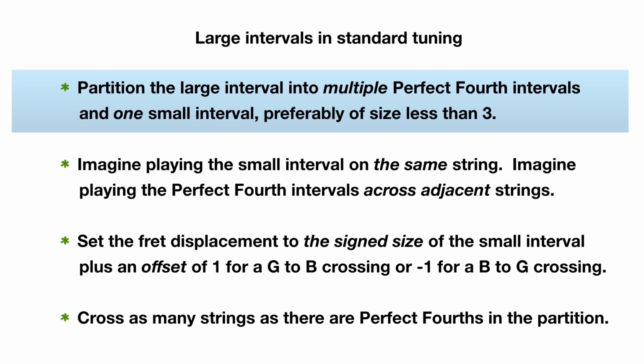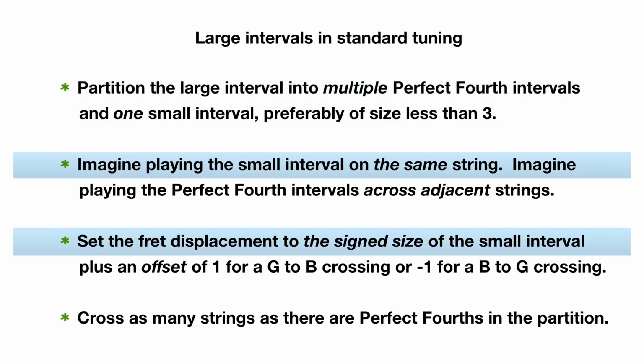How large should the small interval be? Well, thinking that you have 4 active fingers on the fretting hand, you can play a minor third interval between your index and pinky with essentially no stretching. The small interval may therefore vary between a descending minor third and an ascending minor third. In other words, the size of the small interval is allowed to vary anywhere in between -3 and +3. Of course, you can use a larger range if you have bigger hands. We imagine playing the smaller interval on the same string, and so it contributes the most to the final displacement.